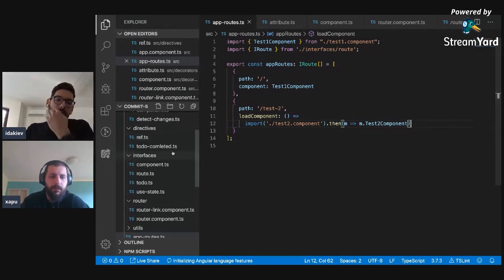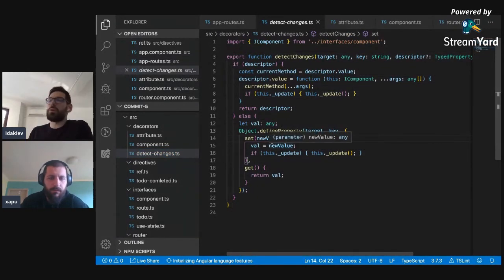Because as you see currently, we're using detect changes, and whenever a property on this individual instance changes, we just re-render this component, but we don't actually affect the other ones that are on top. So we don't have a single loop, for example, that goes from the top to the bottom. We're just updating the individual components, and I'm not sure if this is very nice, because if a component from the top is using something from a child component, it won't get re-rendered just because it doesn't know that the component in the bottom re-rendered, right? So probably a better idea is to do something like what React, Angular and Vue are doing. Whenever we have a change, we start from the top and re-render what is necessary. So yeah,